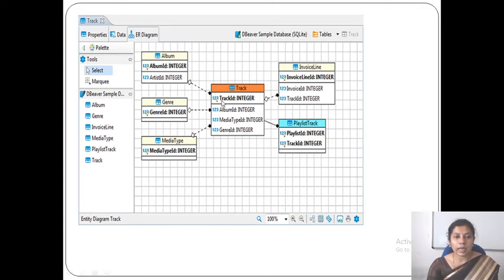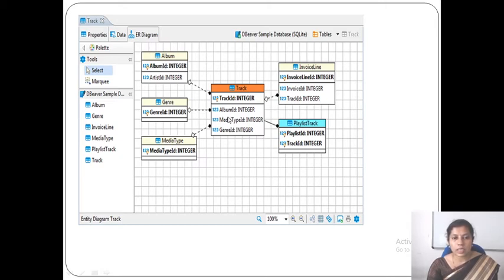And the connectivity shows the relationship. Here, connectivity shows the relationship between album ID and track ID. Sorry, the album and the track are related, and they are related using this album ID. You can see album ID is common here, and album ID is a unique value, right?